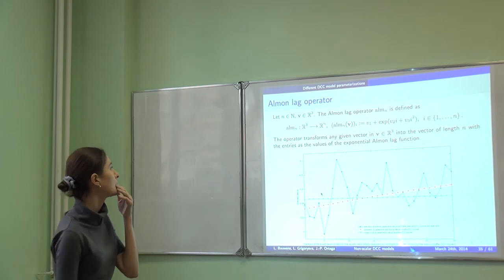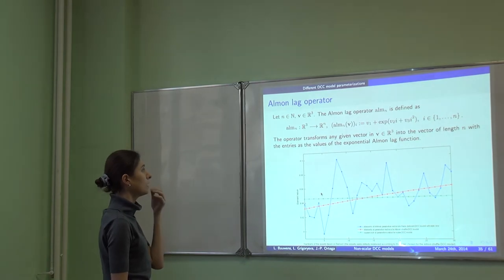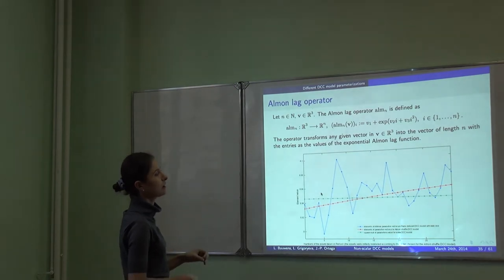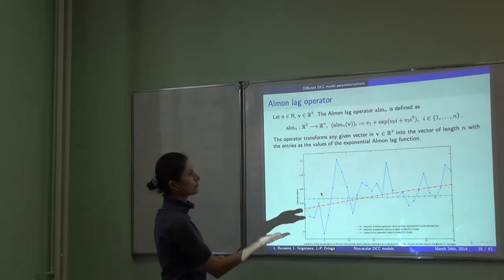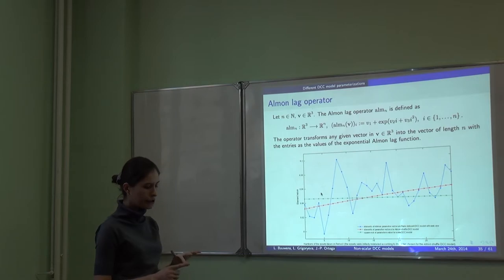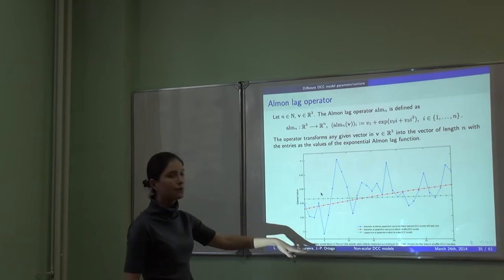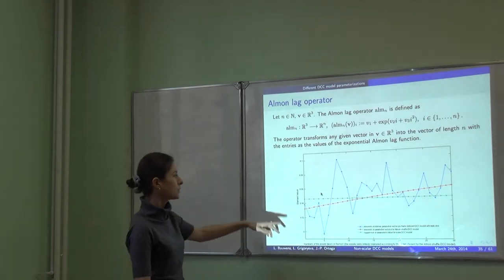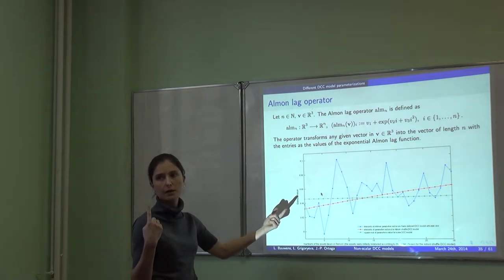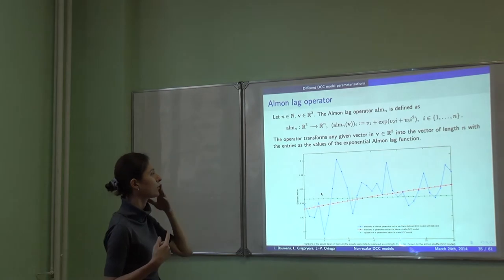So what is the Almon-like operator? This is just the operator that, as you see, gives our vectors A tilde and B tilde some exponential profile. In order to illustrate the difference between, for example, scalar, rank deficient 1, and the particular case of rank deficient 1 with the Almon model, here you have 30 assets, right? In the scalar case, since we are modeling with just one scalar number A, the values are small, so this is for the A part.